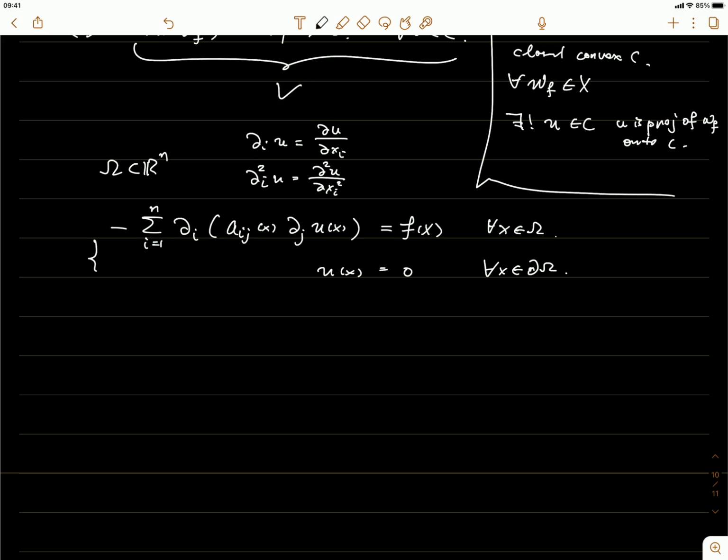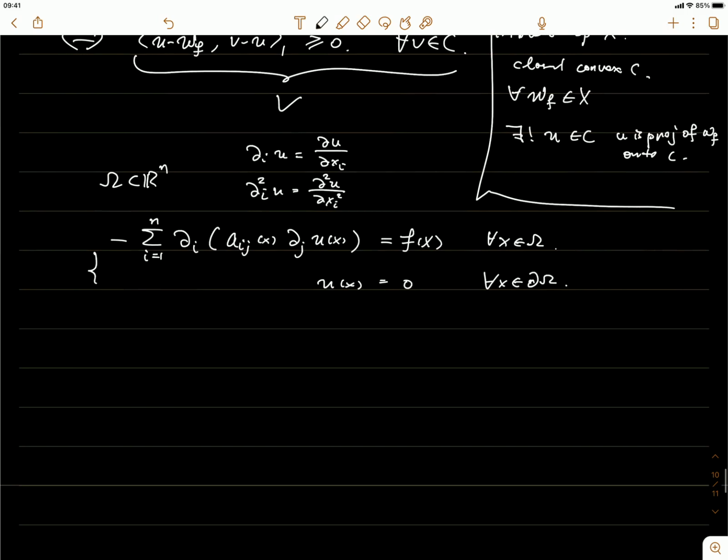Okay, so this is a generalization of the Poisson equation above. This is called the second order elliptic equation, at least in the simple form because you only have this term. Sometimes the elliptic equation also has some lower order terms, but with just this term, you can see that it will reduce to Laplacian u if this aij